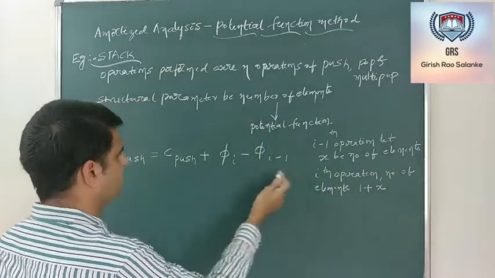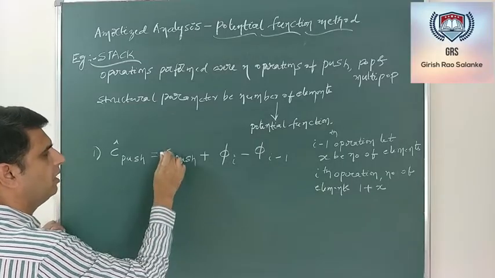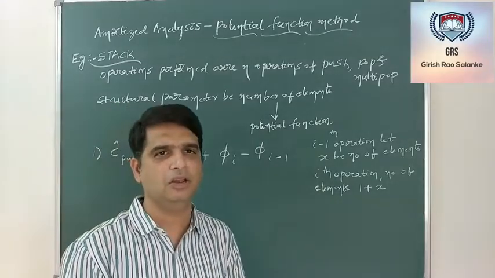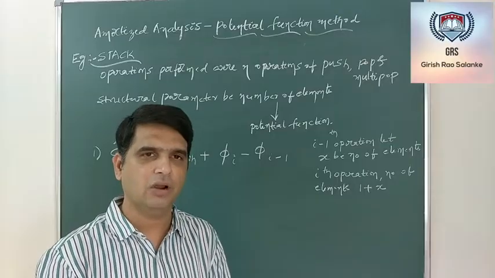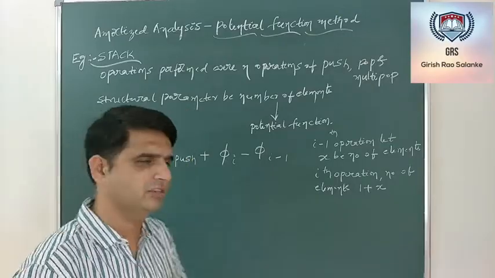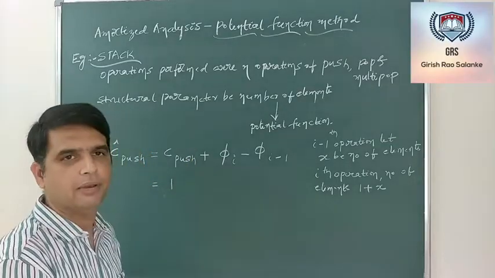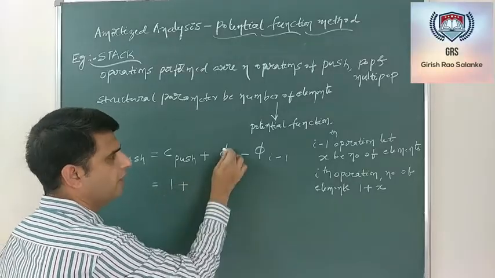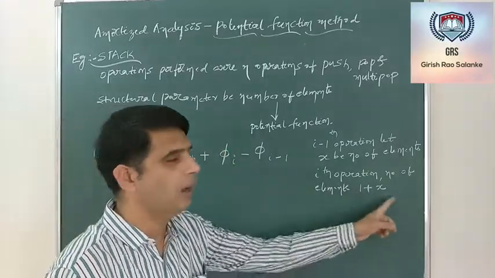Now please apply this. What is the actual cost of performing the push operation on the stack? It was just 1, a constant time. So 1 plus phi i, where phi i is 1 plus x, minus